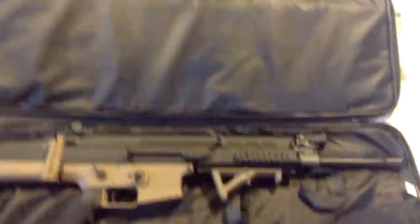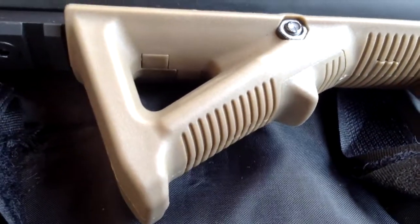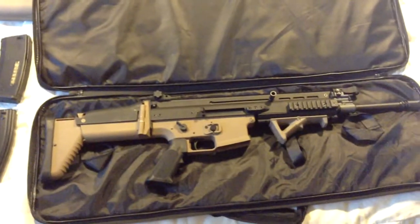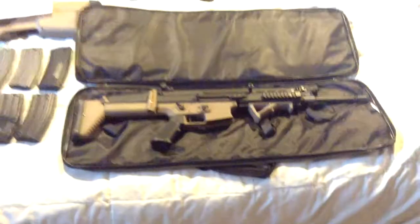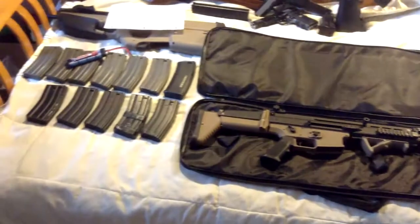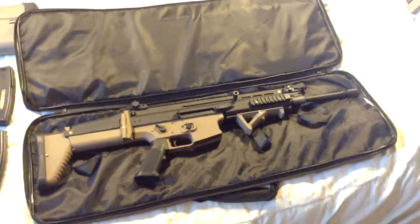Oh, and also it came with the Magpul Angle foregrip, which I love. These things are really comfortable. When they first came out they looked awkward, but now I am digging them. So I got this gun for $270, which was crazy, because as soon as this gun came online, I immediately